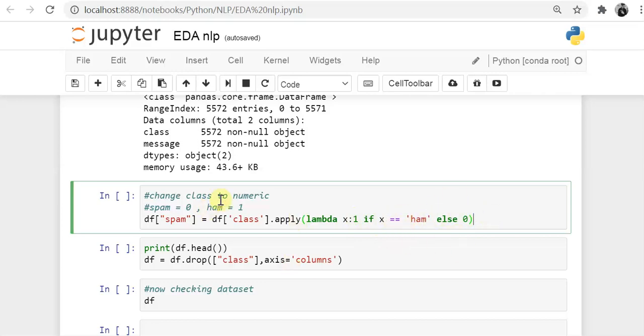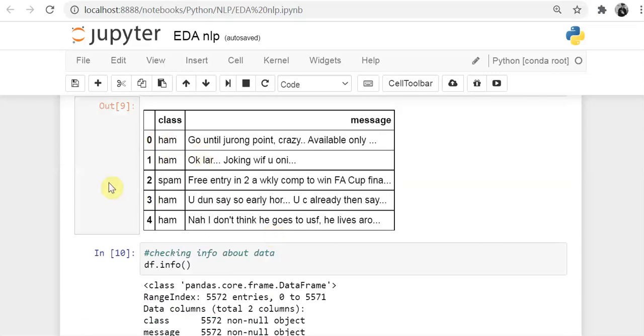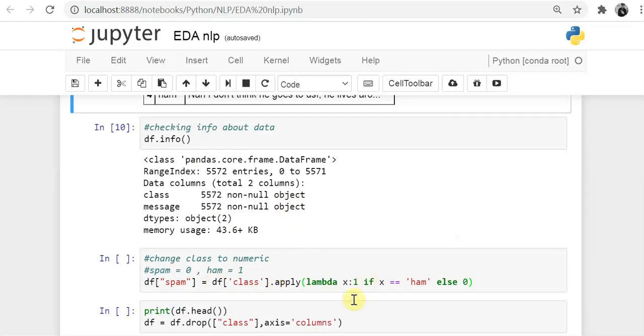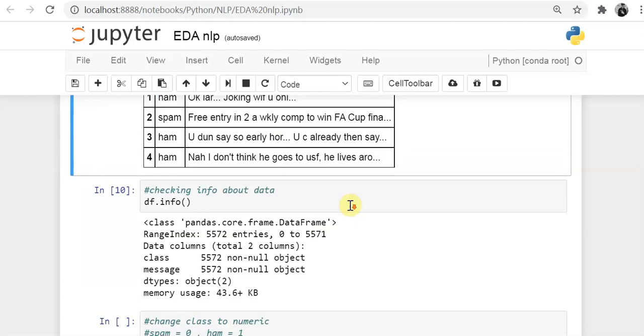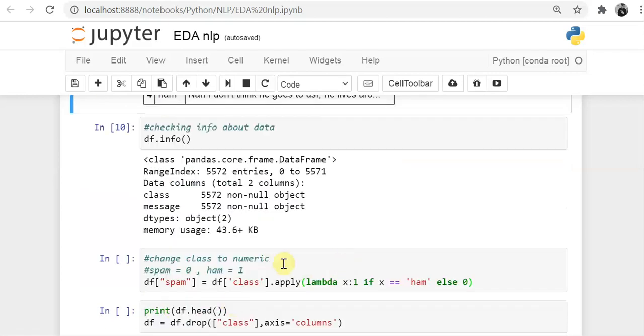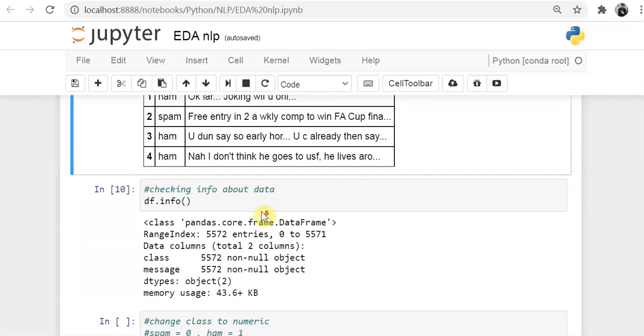So how will it work? It will look at the values. If the value is ham, it will give 1, and if the value is spam, then it will give 0. So actually the class labels will be converted into numeric values.